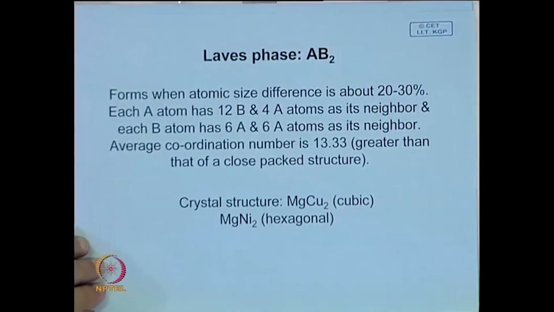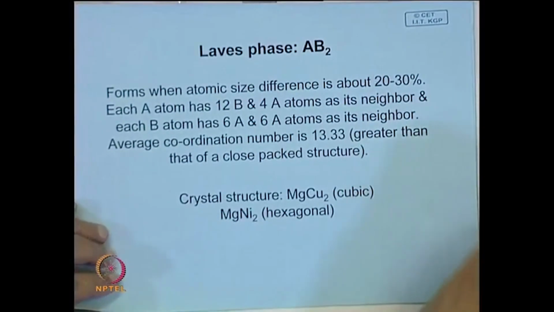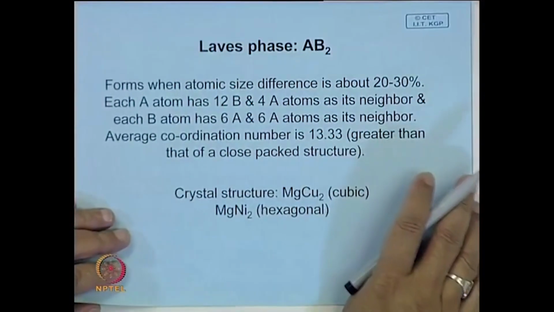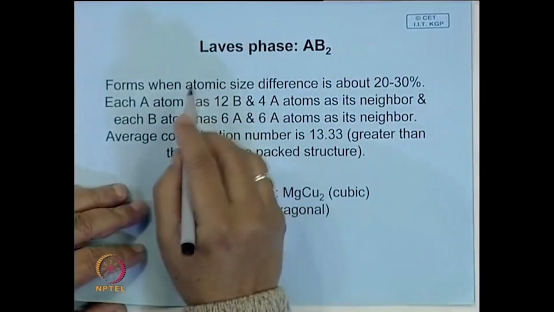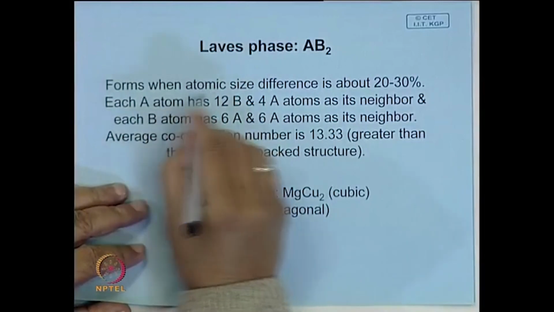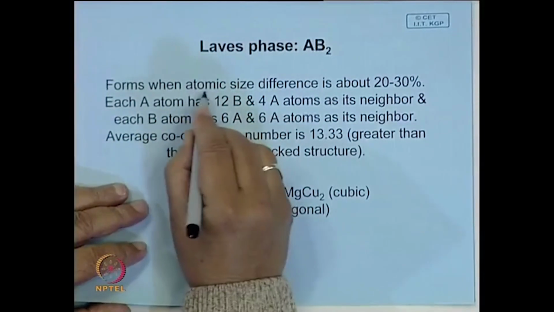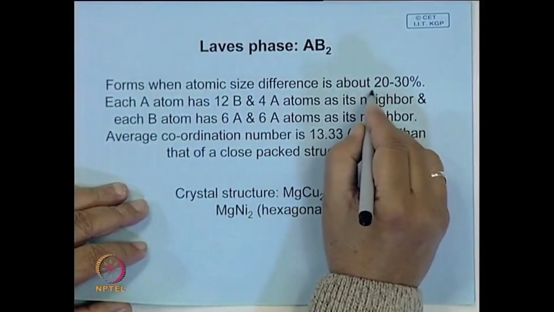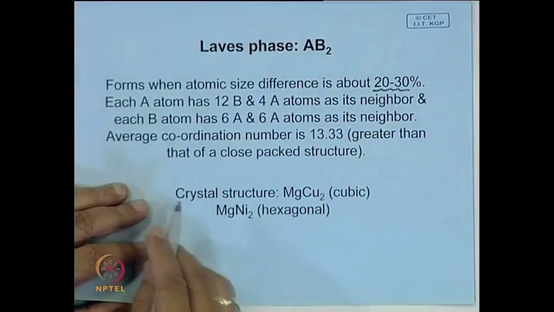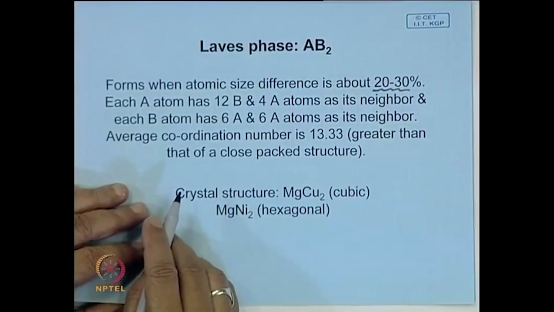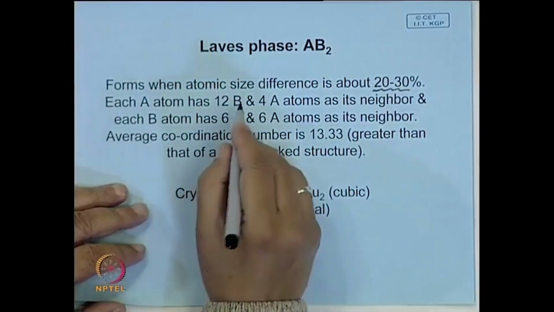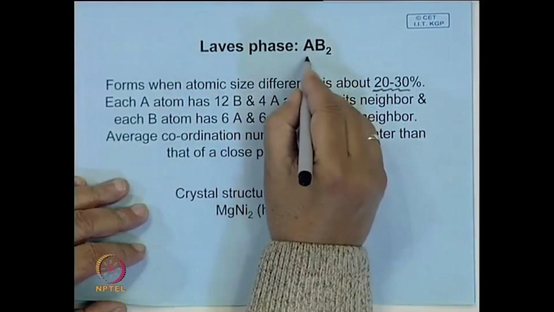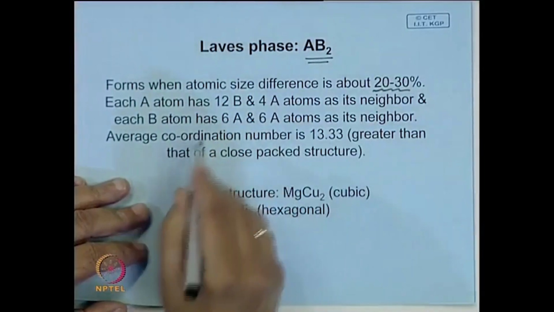Another type of intermediate phase we often talk about is called Laves phase. This forms when, also, we can say it is a size factor compound. It forms when the atomic size difference is around 20 to 30%, and it has an interesting AB2 type of structure, where